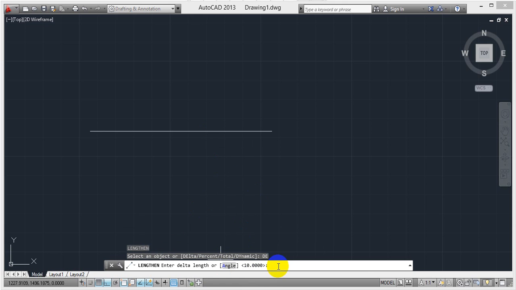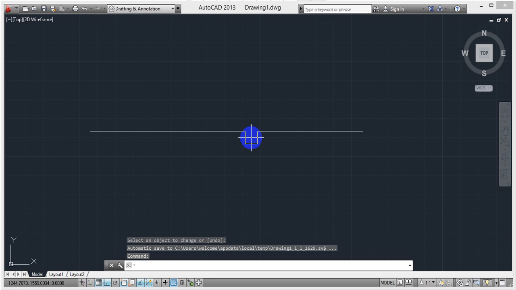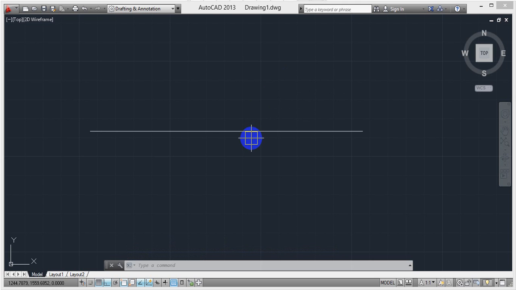I need 50 mm more. It means this is total 100 mm and again extra 50 mm will be added as length. Okay, 50, enter, select area. Enter. Value delta, enter, value, enter, select the profile, enter.